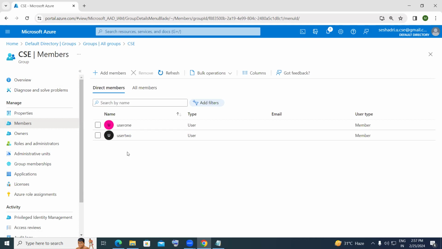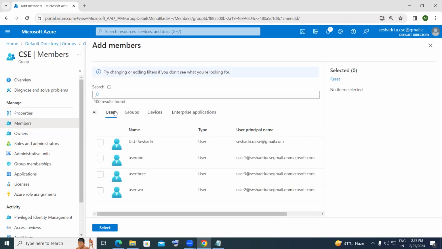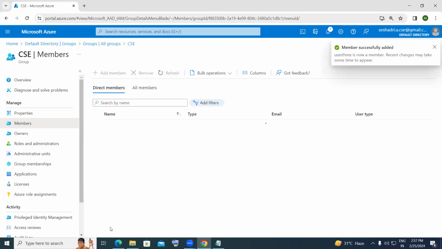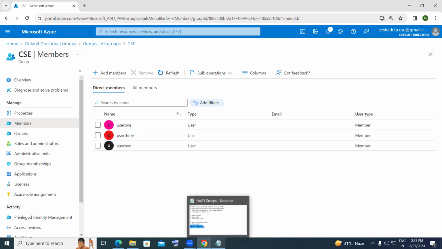If you want to add members, just on the top, the add members option is there. And here we have to select users. We can select the particular user, click on the select option. The particular user is added to the group, right? Those are the steps we had to follow, how to create the groups, how to add